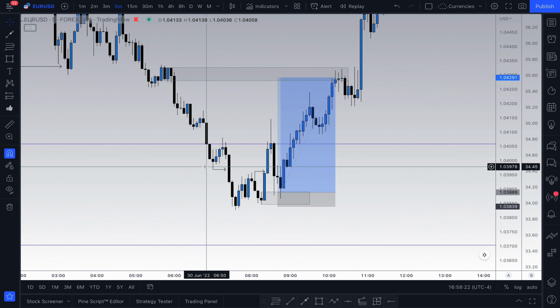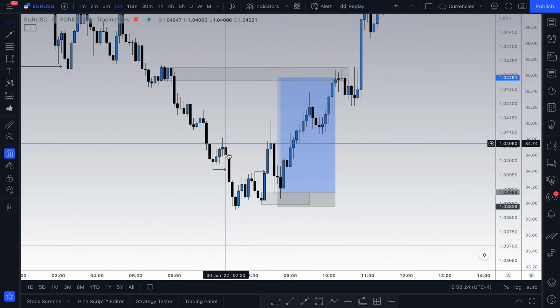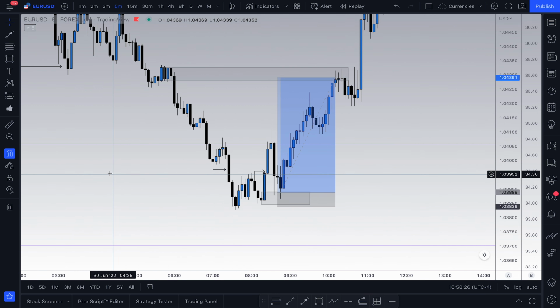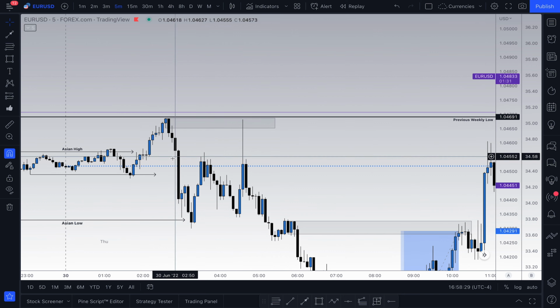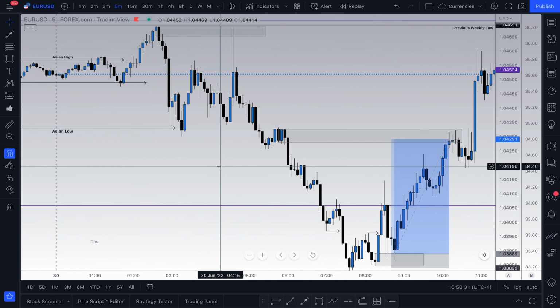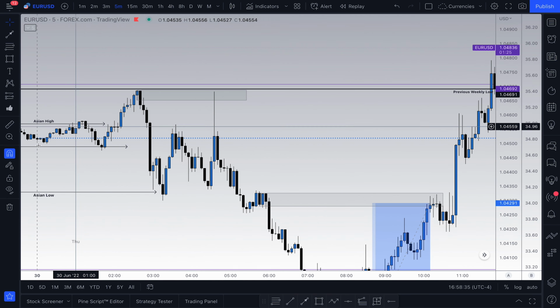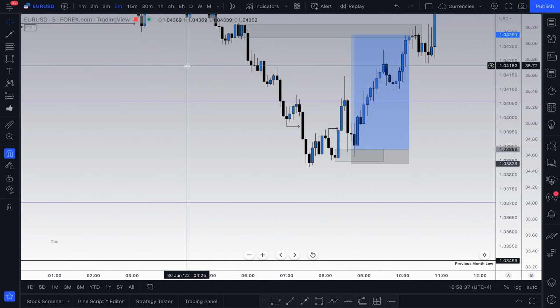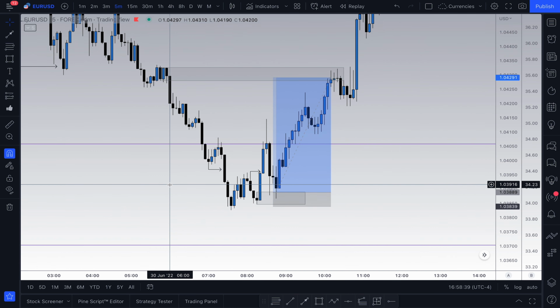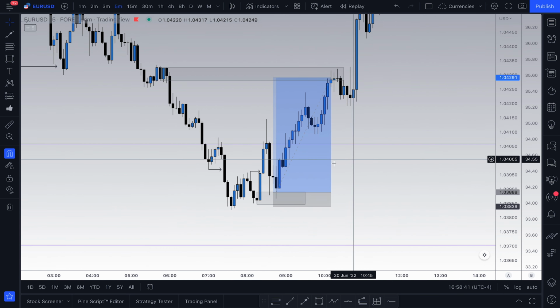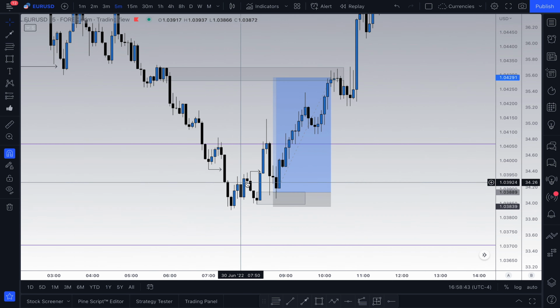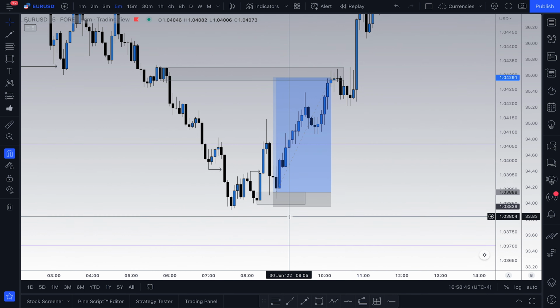So those are the things that you want to look for. You want to look for clear purges of liquidity, of buy side or sell side liquidity. I showed you a bearish setup and a bullish setup. For a bearish setup, you're going to look for buy side liquidity to be purged. For a bullish setup, you're going to look for sell side liquidity to be purged. And then you're going to wait for a break of structure,